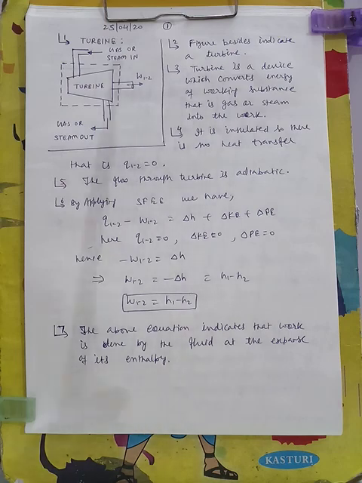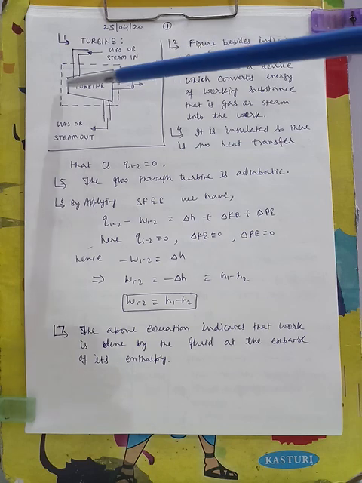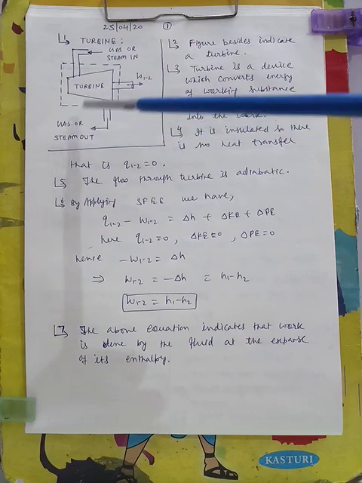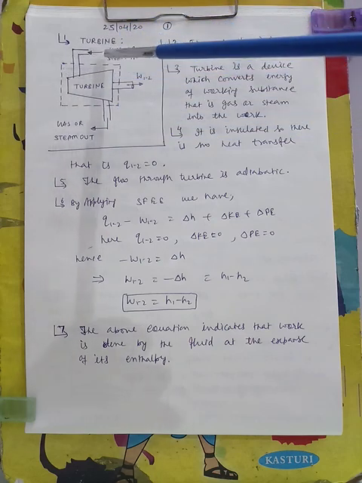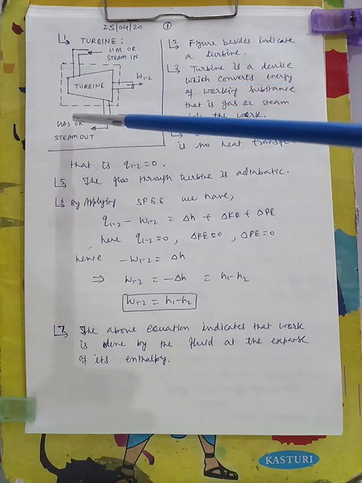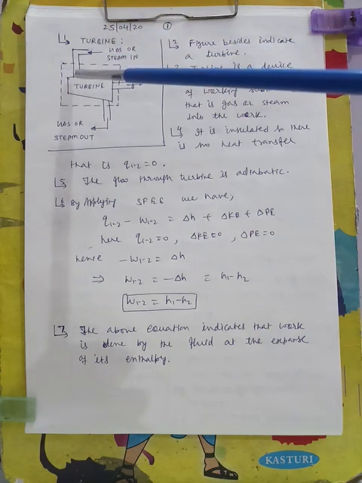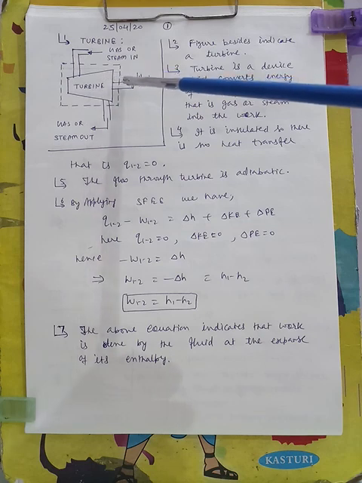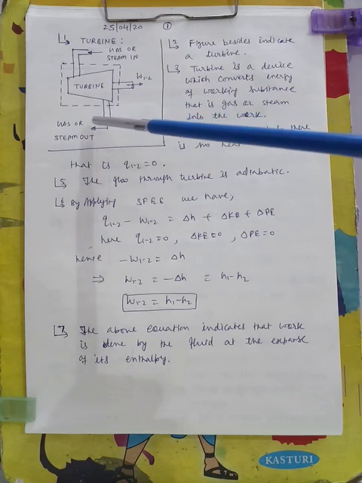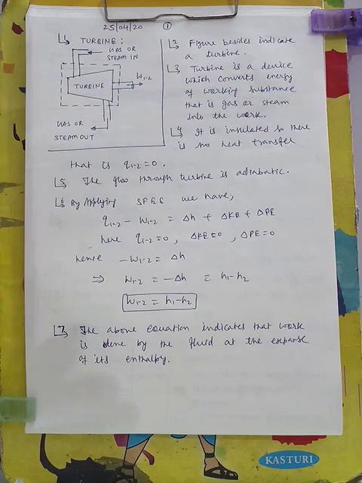As you are seeing, this is the line diagram of turbine, gas turbine. Here is the inlet of the system, and it is the outlet of the system. Gas is entering in the turbine, rotating the shaft, work is getting out from the system, and after doing work this gas is coming out from this outlet, and this is the system boundary.